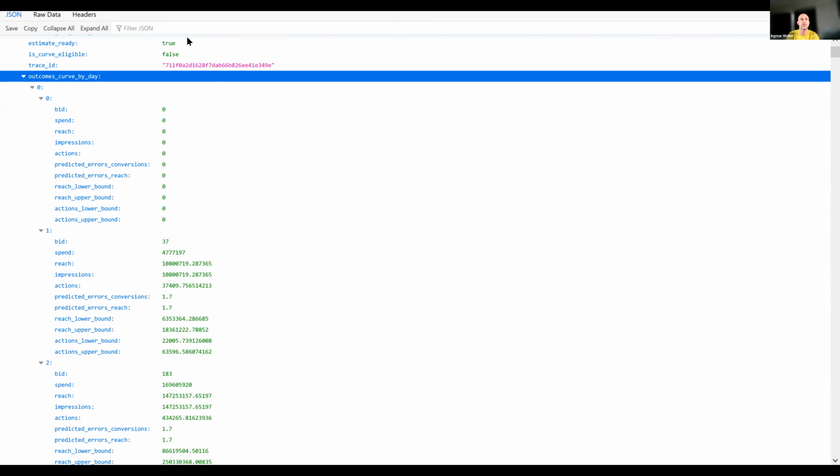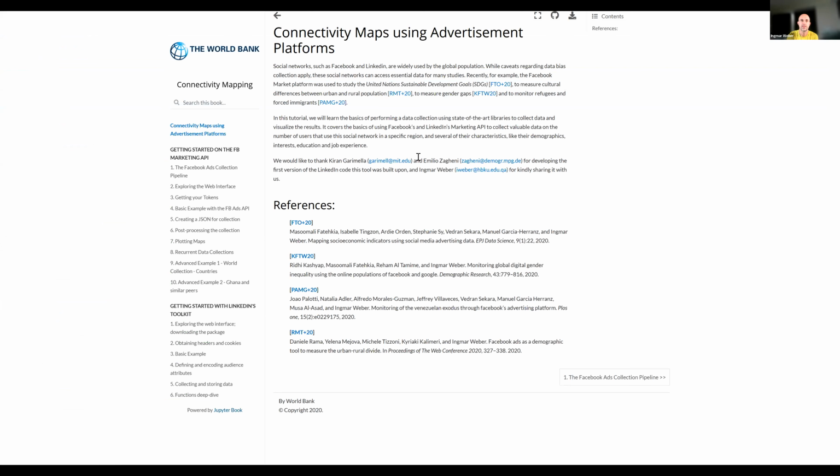If you don't want to talk to the low-level API yourself, there are also wrapper APIs that a colleague of mine has created and worked with the World Bank to document. I'll make sure to share those resources, but just to mention, they are very easy to use wrapper APIs on top to facilitate collecting such data. Also, a quick side note that while this is about Facebook, and I won't talk about Facebook during this call, you can get similar data from LinkedIn, Snapchat, Twitter, and other platforms. I'm happy to talk about our experience with other platforms in the Q&A later.